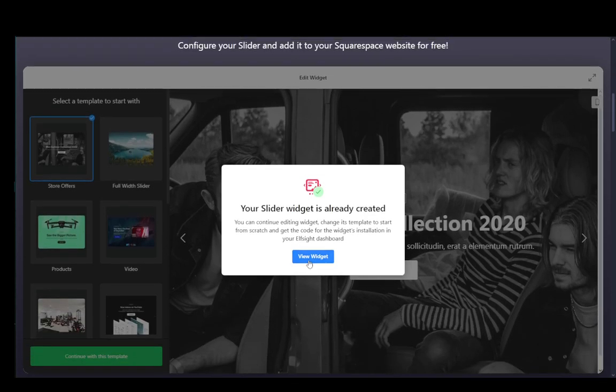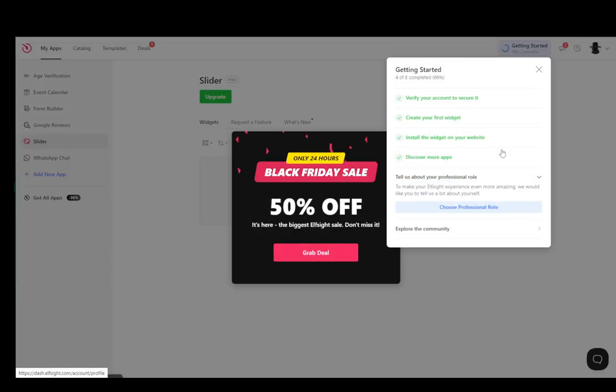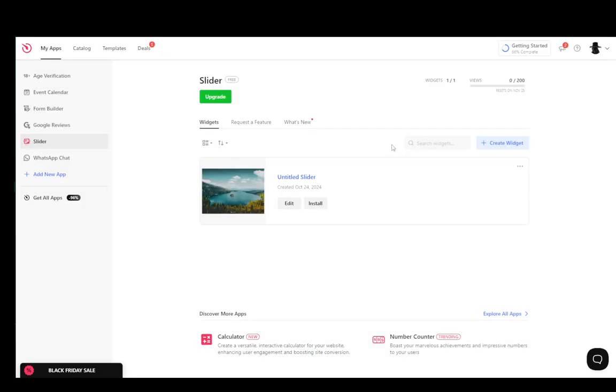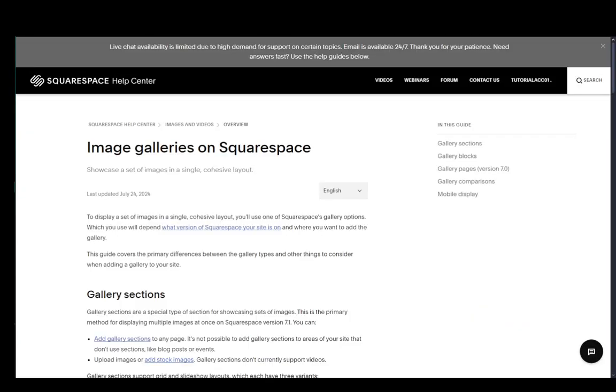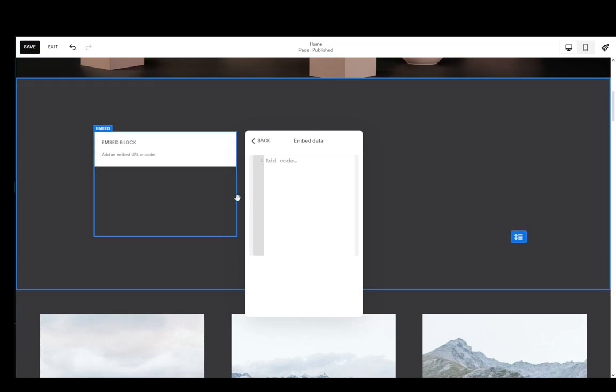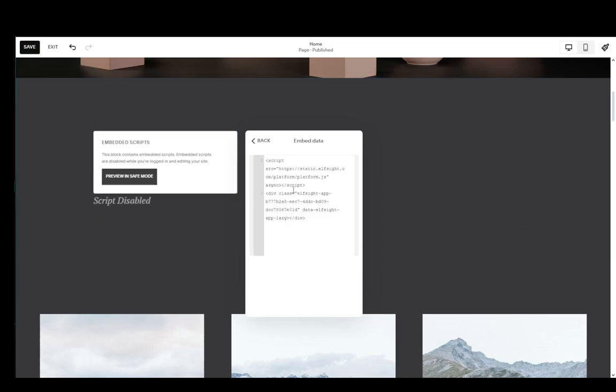You can view the widget if you've already created it, as I can currently. And as you can see, you can create templates very easily using this, but I'll just go ahead and view my own widget and copy the code from here. But it's very easy to use, and I would recommend you guys check it out. ElfSite does have a lot of useful plugins on its site. But yeah, once you copy that over, let me just go back into my site, paste this in the embed